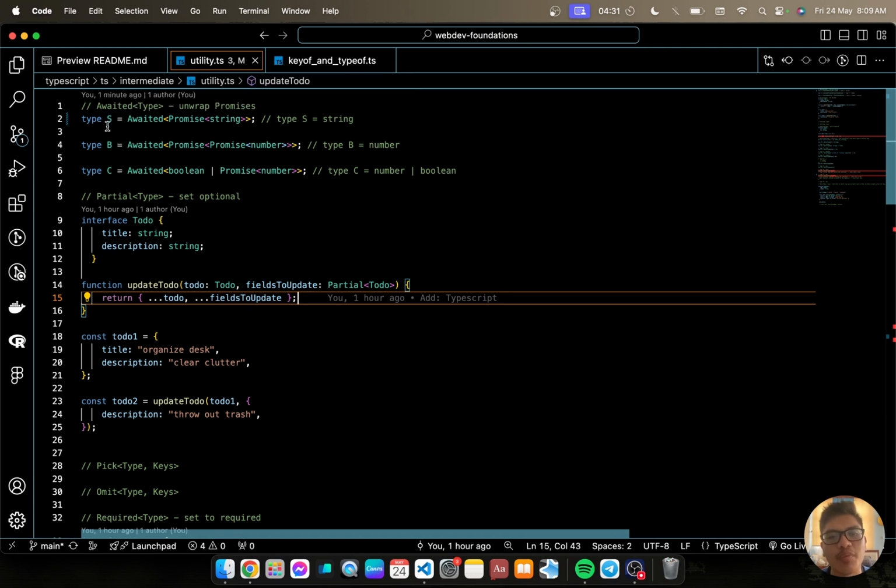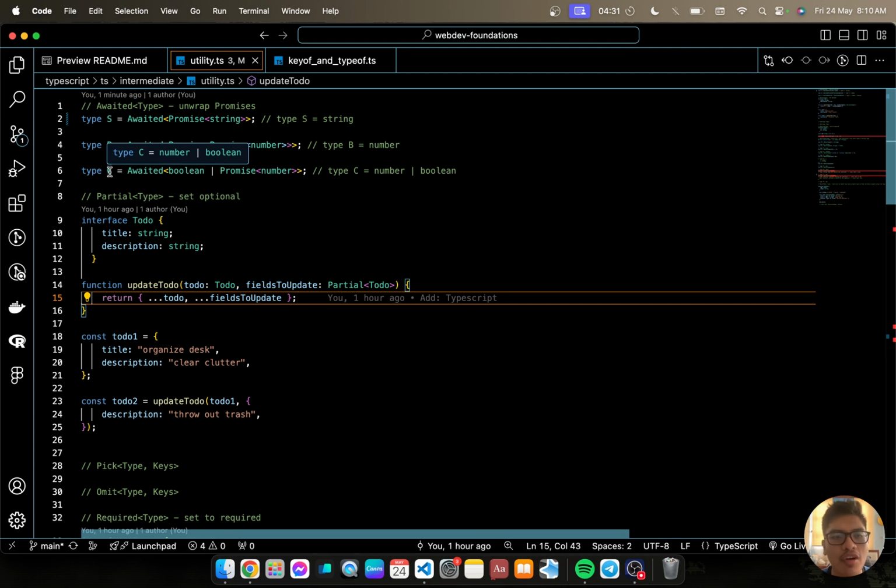Then we have type B equals Awaited<Promise<number>>. Essentially that is a number. Type C is Awaited<boolean | Promise<number>>, so it's either a number or boolean.